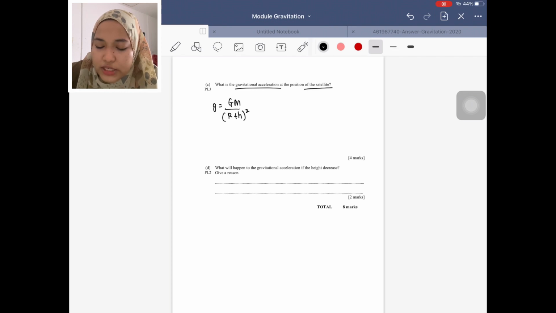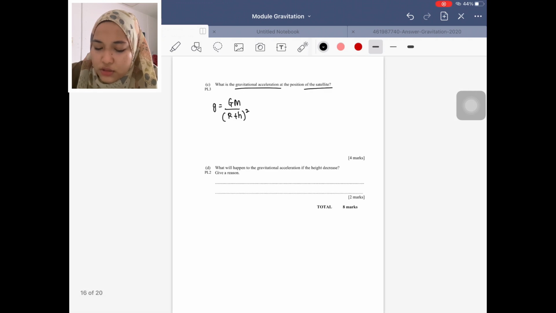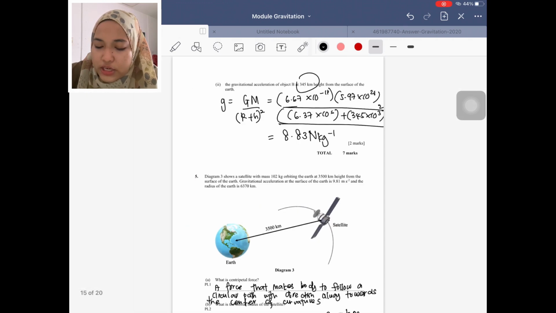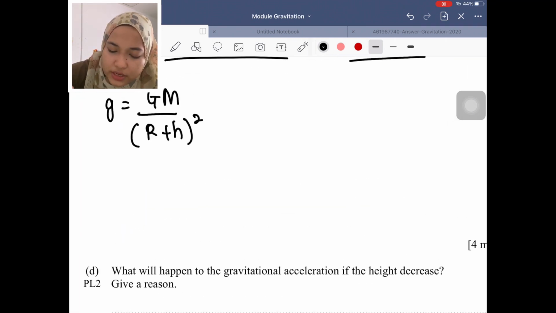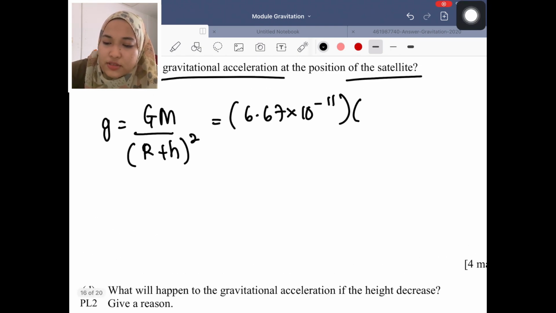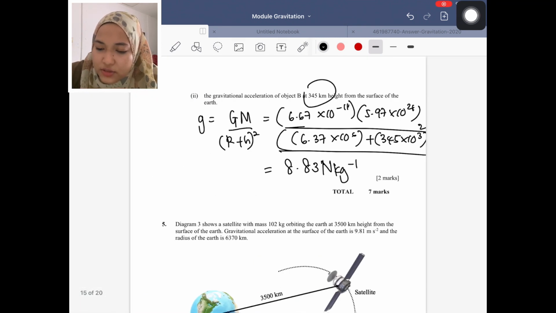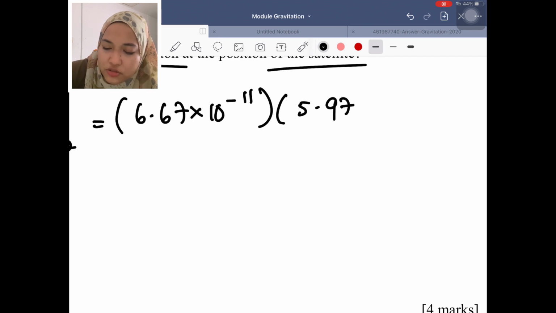Okay, so nilai G ada, nilai M ada, so mass of the earth, and also nilai R and nilai H. Okay, so we can calculate it. So G is 6.67 times 10 to the power of negative 11, and the mass of the earth is, what is the mass of the earth? I forgot already. So the mass of the earth is 5.97 times 10 power of 24 over